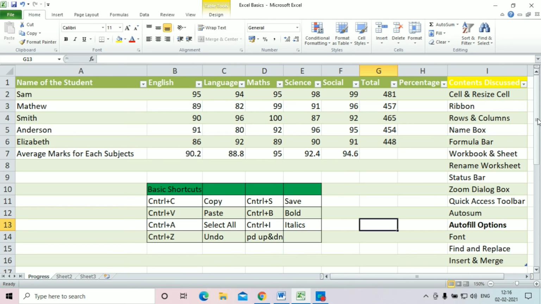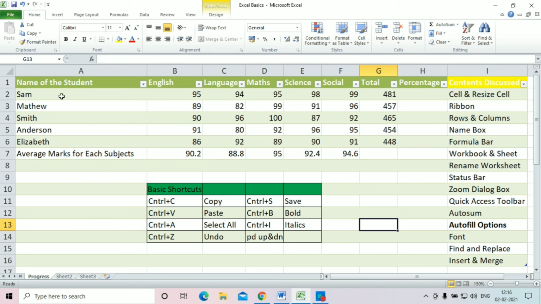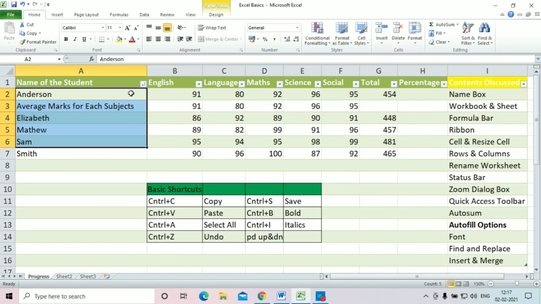And so automatically you could see a pop-up, like a box has been added, which is used for the filter case. You can even sort from A to Z or Z to A. If you select only the names and sort them from A to Z, all the other data won't be changed, but only the names. If you do that, every data will get collapsed.